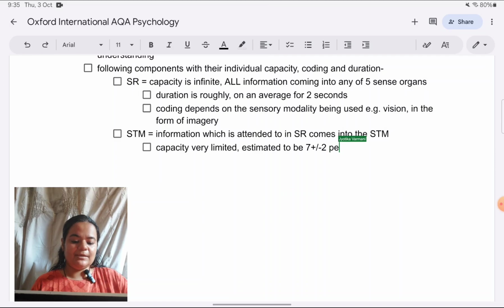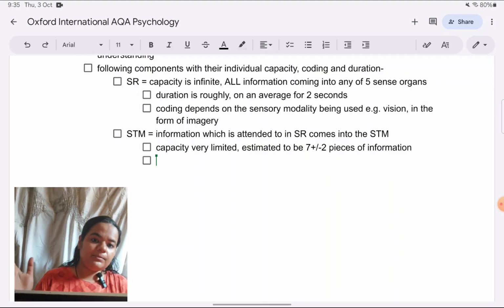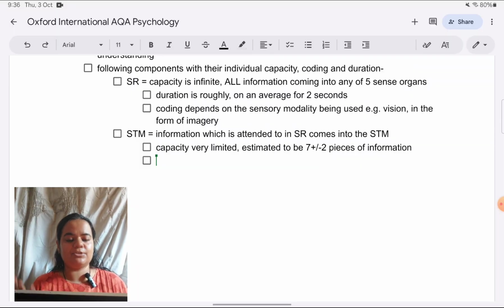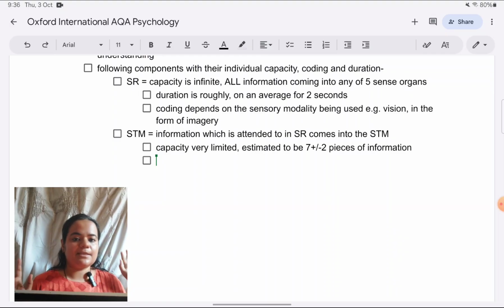pieces of information. Here again many students get into the chunking study, Miller's chunking concept, or in the previous one they get into Sperling's experiments on visual memory for sensory register. One thing is those are more helpful for evaluation because you indicate that research evidence is there to support. Secondly, if you get into extreme details of only one storage, you do an imbalanced coverage. I know a lot about STM, so I'll write a lot about STM. I don't know so much about SR and LTM, so I'll write very briefly. That's not a good approach.